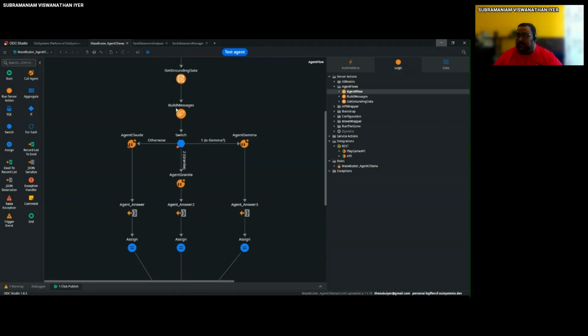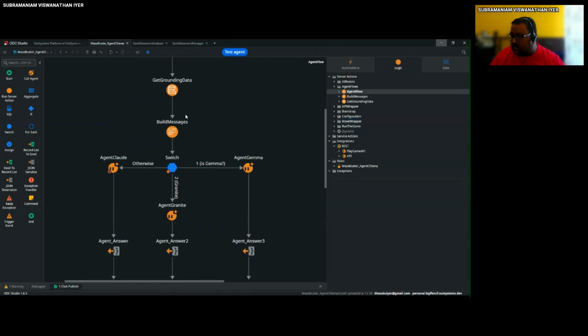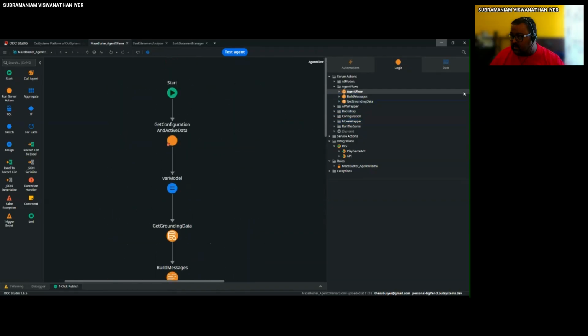So in this example, I'll try and see if I can. I don't know if I can get the text bigger, but is this visible? I can zoom in on the flows, but